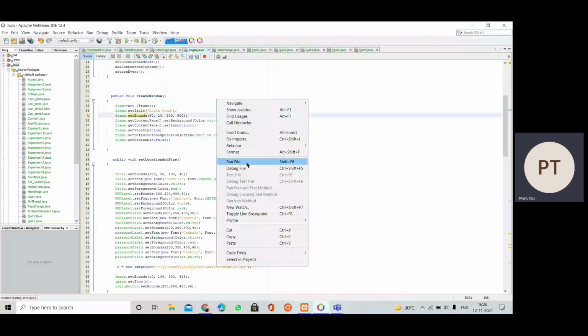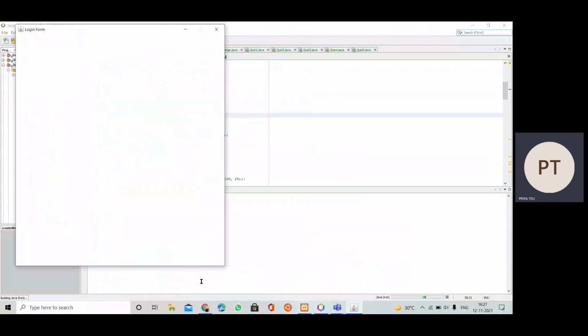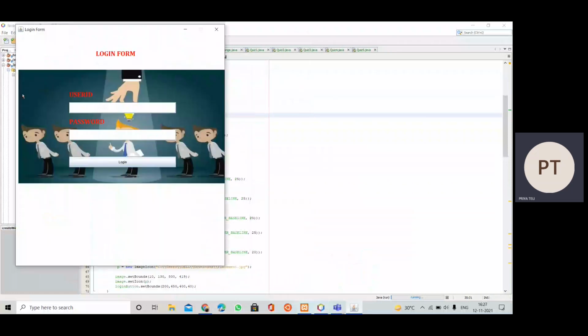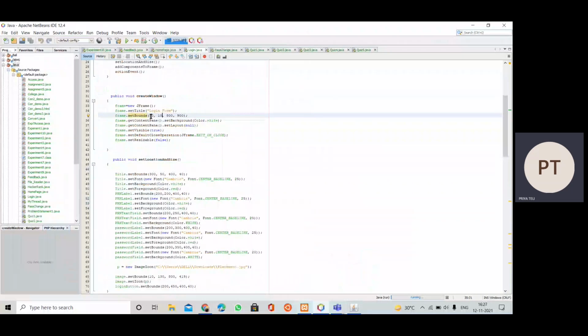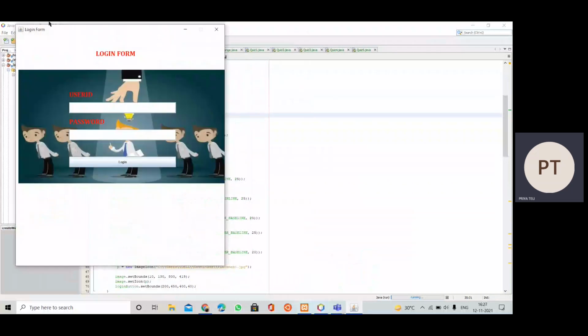Let us run the program. Now the window appears here. Let me tell you, the distance from x is 50 and the distance from y, that is from the top, is 10, as we have taken 50 and 10, that is x coordinate is 50, y coordinate is 10. Previously it was 300, so it appeared somewhere here. And the width and height is set as 800 and 900. So it is the size, or width and height, of our frame in which it appears.